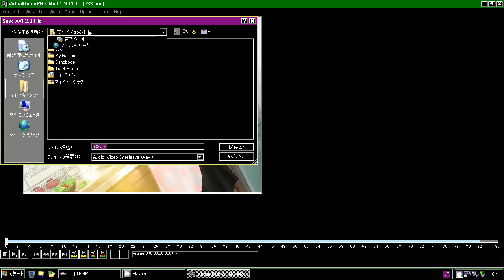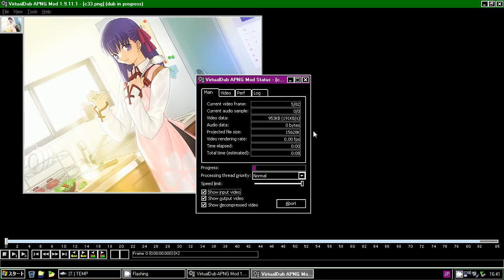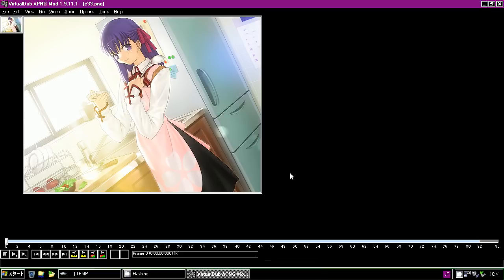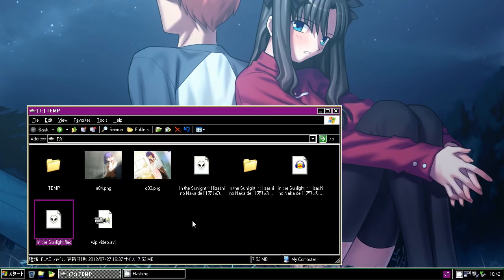So let's save that. Not the documents. We want to throw it to our RAM disk. Call this work in progress video. That's going. Alright, that was quick. Because I'm just using stuff that's only a minute, not 20. We would have had stuff for 10 minutes if I said 20 minutes. That's why I'm only using a minute.